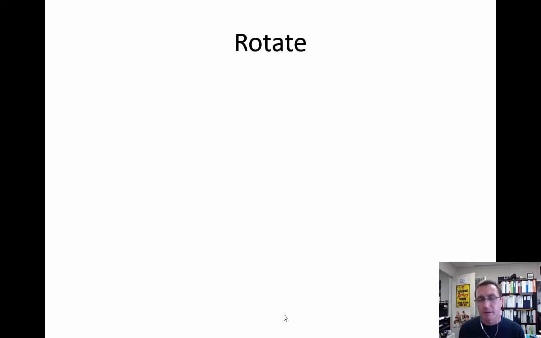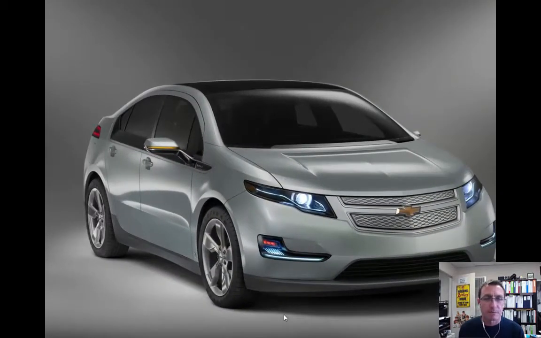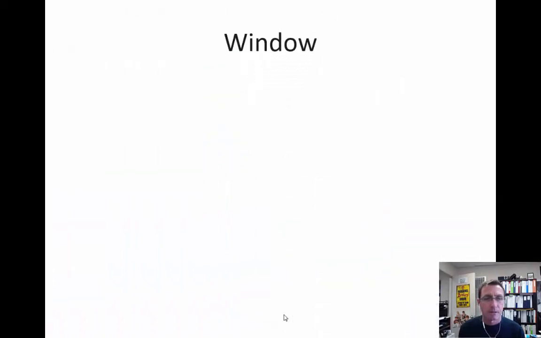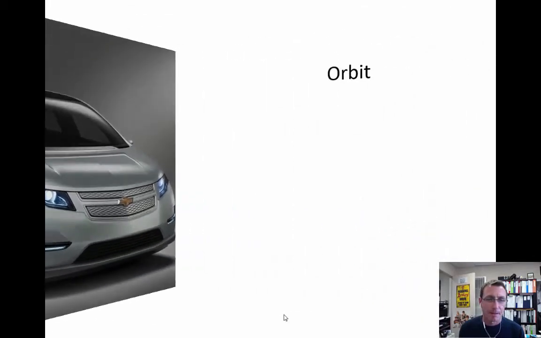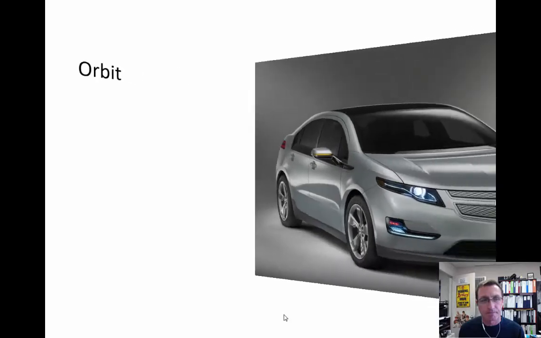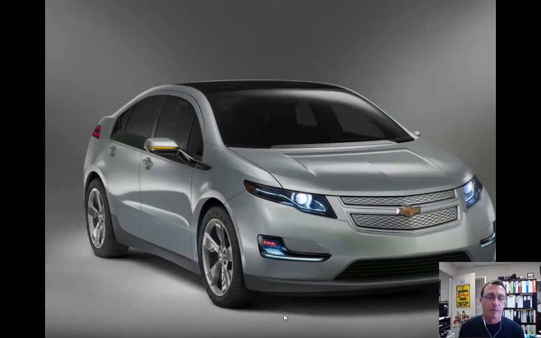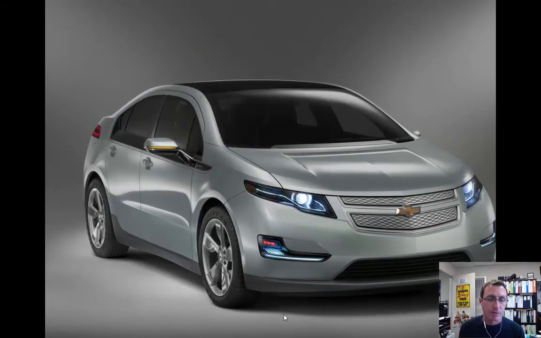Rotate, and again, this is like the outside of the box. So it looks very much like it. I guess the background's different. I'm not really sure why. See, window looks just like door to me. It's pretty funny. Okay. Orbit, again, looking like the box one where you're inside. Doesn't look very much different than that, in my opinion. Fly through, looking like what I would call a